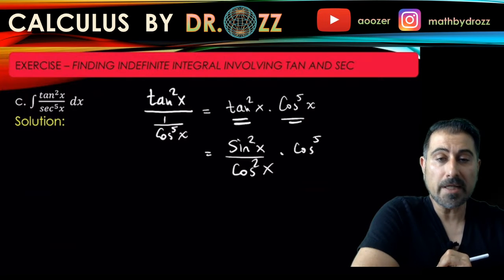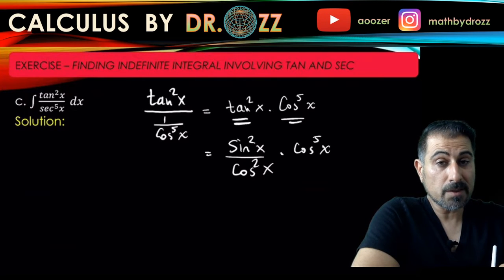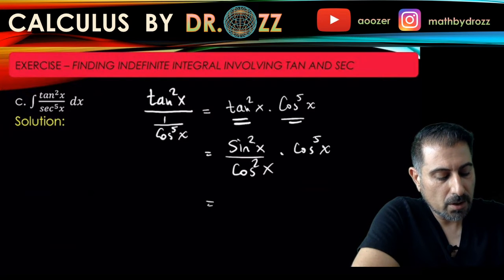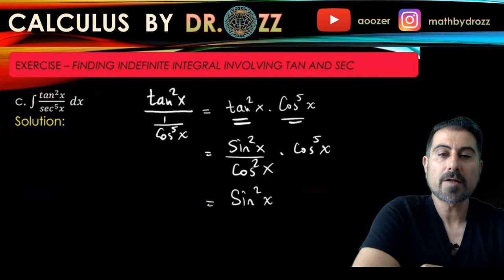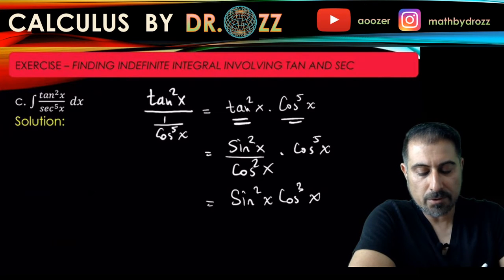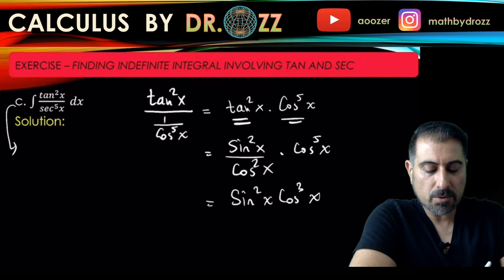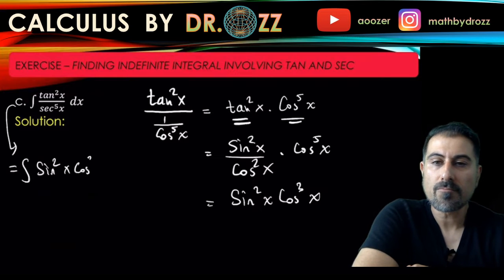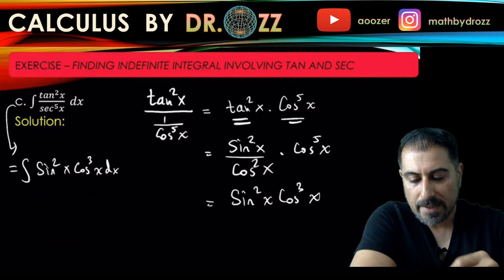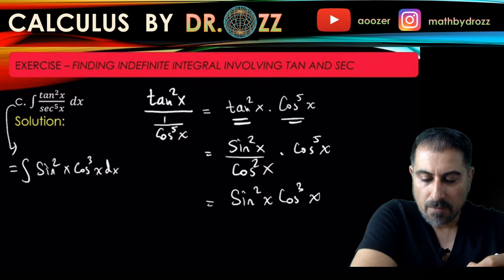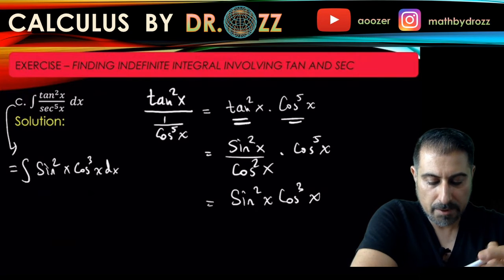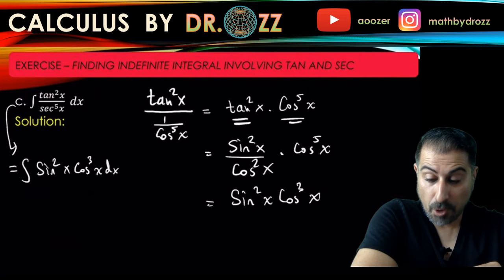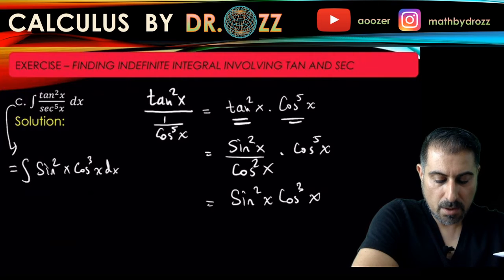So now we can simplify cosines here. One is the fifth power, the other one is the second power. So at the end of the day, I have sine squared x cosine cubed x. Okay, that's good because this integral now turns out to be sine squared x cosine cubed x dx. All right, so I can go back to the very first formulas that we derived earlier. We have the even power of sine and odd power of cosine. Okay, odd power of cosine.